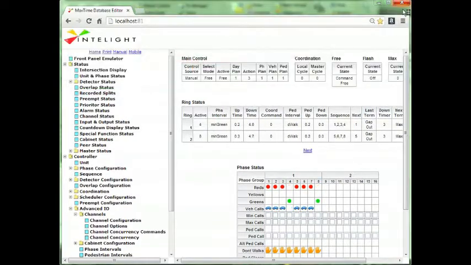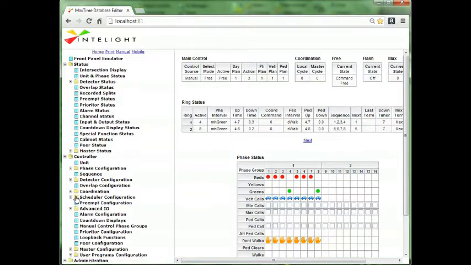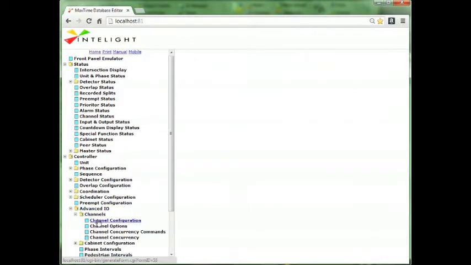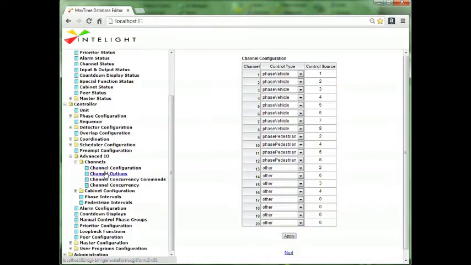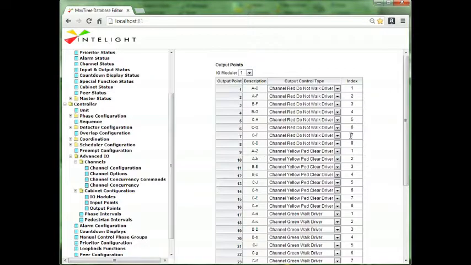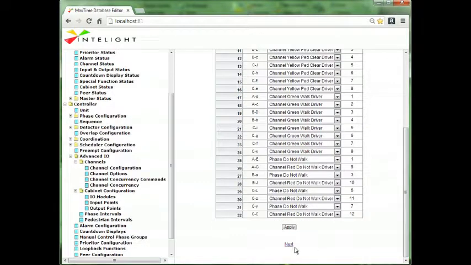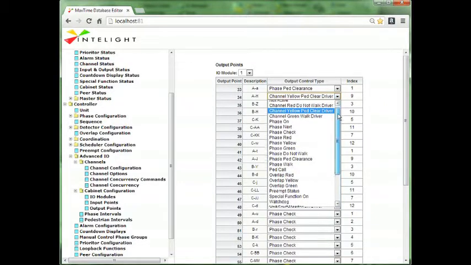So if we don't have a load switch available, or we don't want to use a full load switch for the advanced flasher, we can also bring it out on a PED yellow. I'm going to go in here and shut these advanced warning flashers off so it doesn't confuse me of which one's which. Make those other, and I'm going to go down to cabinet configuration, and I'm going to go to outputs, and I'm going to find phase 2 PED yellow, which happens to be channel 9 right here. So I'm going to change that to the advanced warning flasher for phase 2,